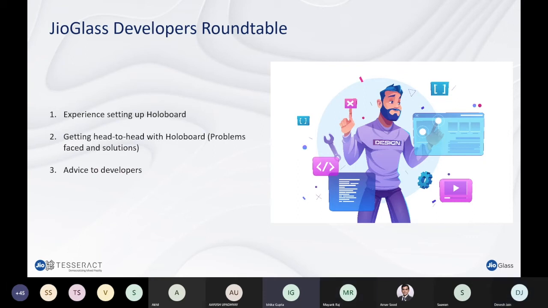Okay. So when I first got the HoloBoard, setting it up was a little confusing to say the least. The first mistake which I made was opening the apps directly rather than opening them through the GeoGlass companion app itself. So the split screen emulation didn't work, and I wasn't able to view the AR experience. So you need to open the apps through the companion app. That's the first major thing.